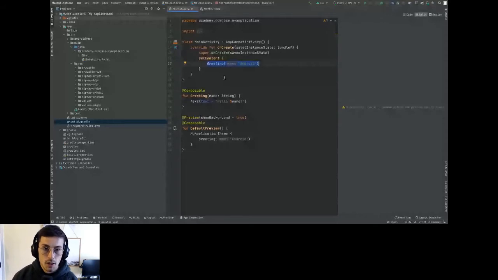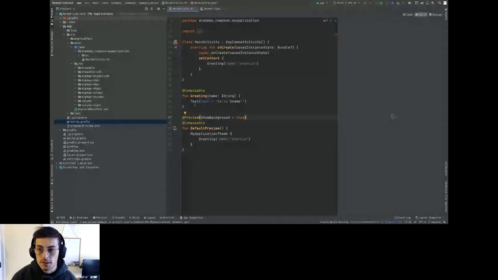So that's cool. We've got our composable function. We're setting the content of the screen. But one thing that I don't really want to have to do is, every time I do this, launch the app on a device or an emulator, because that takes time. One really cool thing about Compose, and I think this is where it really shines, is this Preview annotation. For any composable on screen, we can create a preview composable. So